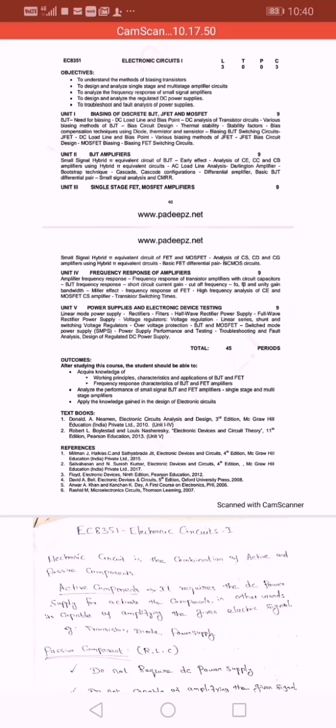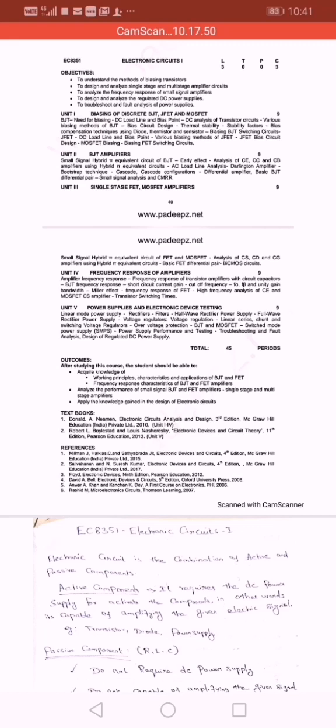And the third unit is single stage FET and MOSFET amplifier. It's similar to the second unit, the difference is the transistor. In the second unit we are using BJT and in the third unit it is FET. That is the difference. The remaining concept and content is the same. That is, what are the hybrid equivalent parameters for that FET circuit. So find out those parameters. By using those parameters we have to design and analyze single stage and multi-stage field effect transistor amplifiers.